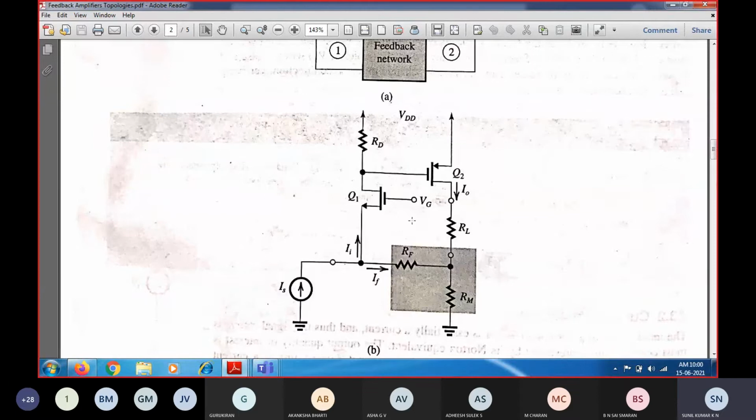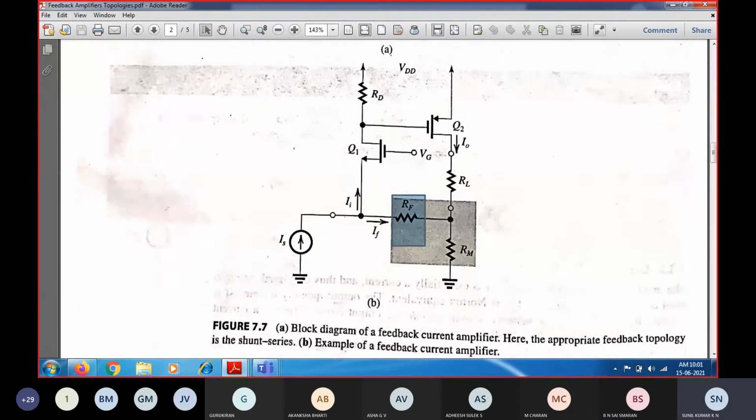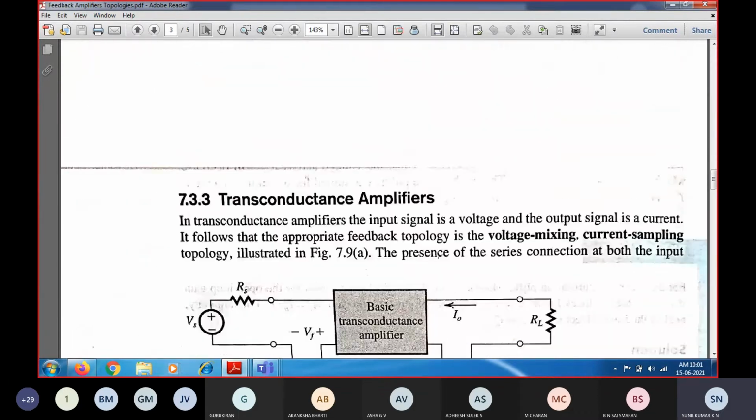And this is the corresponding circuit with a common source, sorry, common gate input configuration. The output of the common gate is given to the input of the common source, and then we have employed a feedback network. In this feedback network you can see the output is connected in series, so the load is connected with the series resistance Rm, whereas at the input side the feedback resistance is connected in parallel. So in this way you are going to see an example circuit for this one.